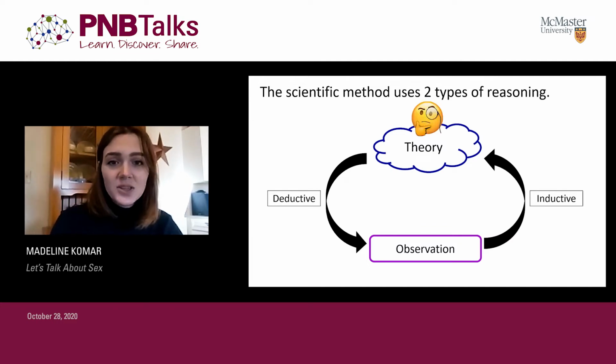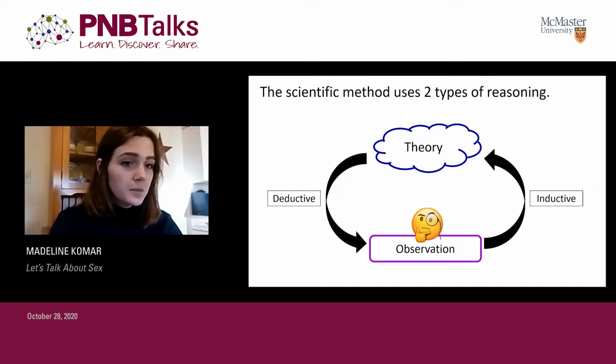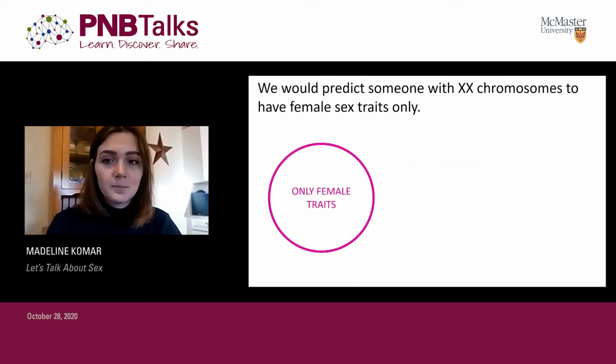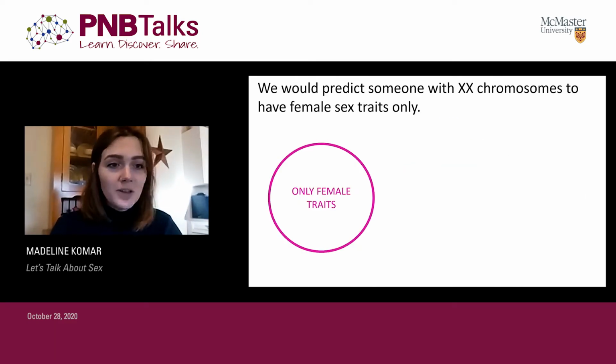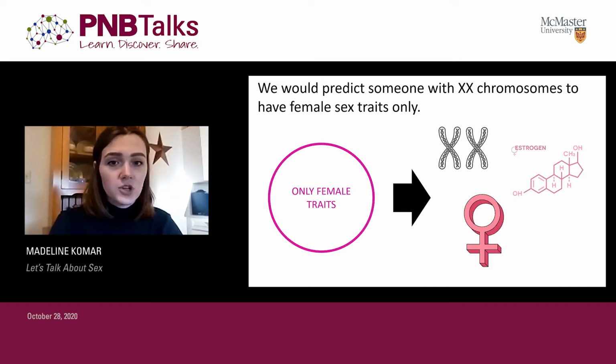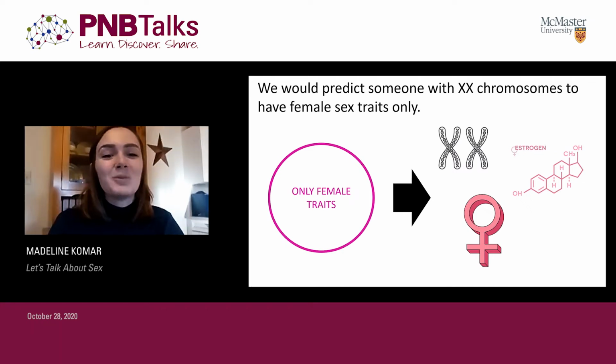So this is us, right? We want to evaluate the binary theory of sex and Charlie's tweet. So, using deductive reasoning, we can come up with a specific prediction and then evaluate that prediction using empirical observations. Based on the binary theory of sex, which says you can be male or female, we would expect people to have either wholly male or wholly female sex traits. So if you have XX chromosomes, you must also have high circulating estrogen and female genitals. We can then test